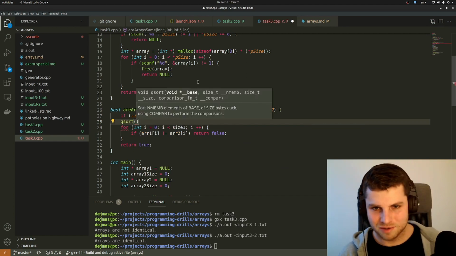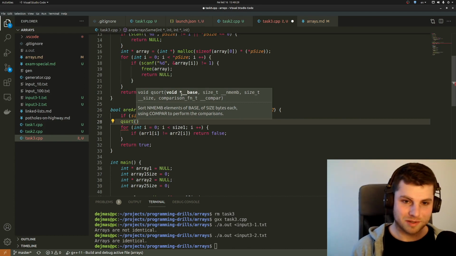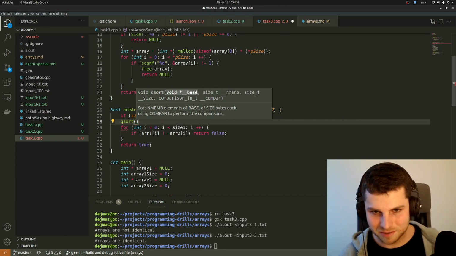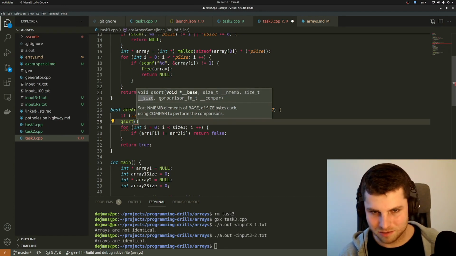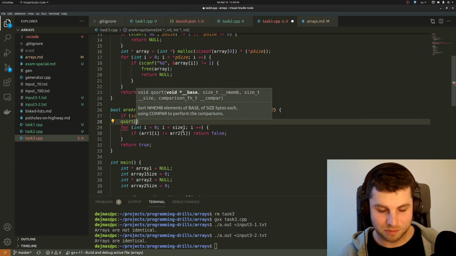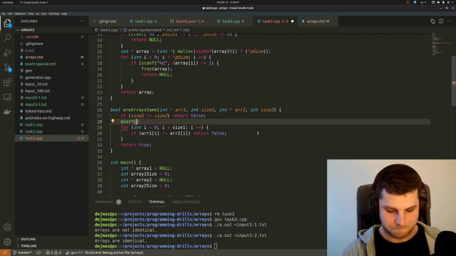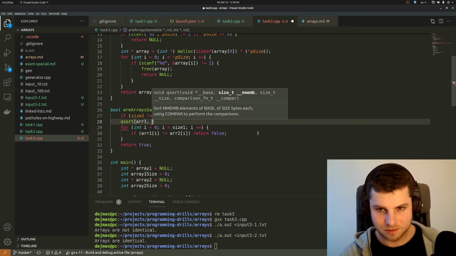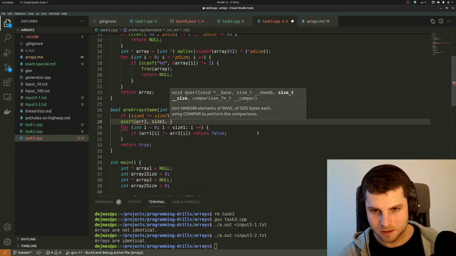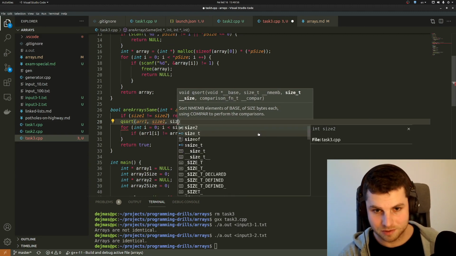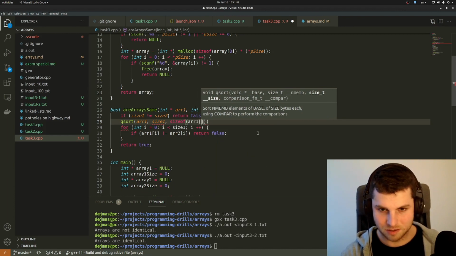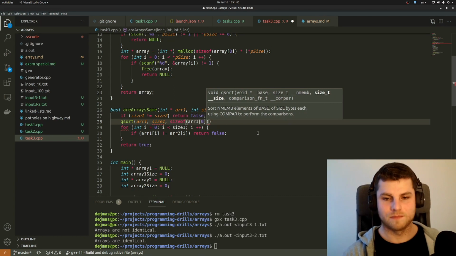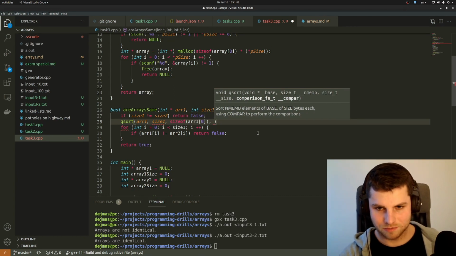Okay, so to make qsort, I don't even have to open the manual. This is a nice hint. So this is the address of the array, the number of members, the size of one element, and the comparison function. Okay, so let's do it. So it's array 1. Number of elements is size 1. Size of one element is of course sizeof array 1, like this, and of course the comparison